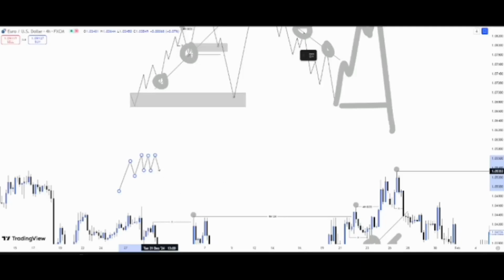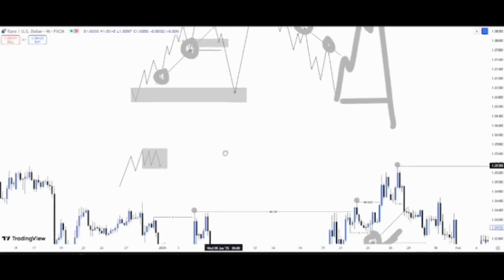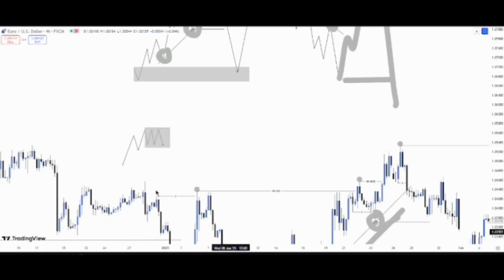So this is your range here. Look at your range here. Price is trapped in this range, equal highs, equal lows. Now once you find this kind of thing in the market, and now you have an area of interest, maybe somewhere here,